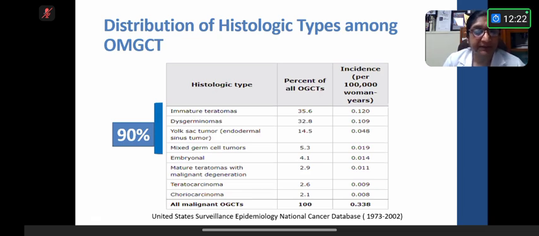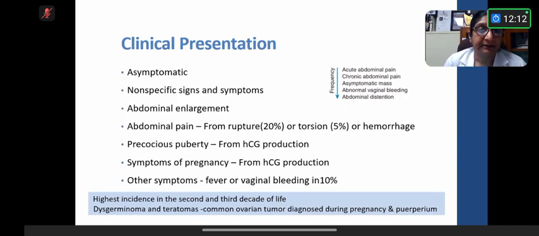Immature teratomas, dysgerminomas, yolk sac tumors, and mixed germ cell tumors constitute 90% of all ovarian malignant germ cell tumors. The clinical presentation of all these germ cell tumors is quite common. Most of them will be asymptomatic, discovered incidentally on ultrasound, or they may present with non-specific signs and symptoms. Sometimes they present as an acute emergency of abdominal pain when they are associated with torsion, rupture, or hemorrhage, and